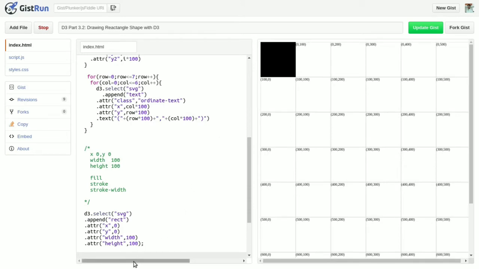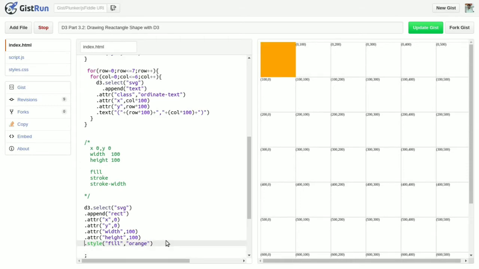Now if I want to change the color of this square, there is a CSS property, style fill. I can give the color orange. So you can see that the color of the rectangle has changed.